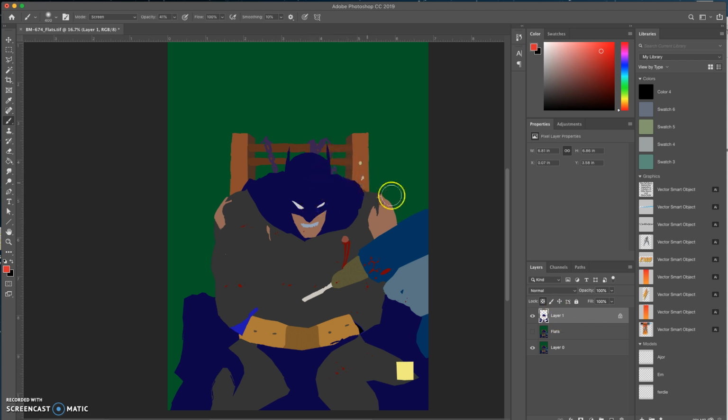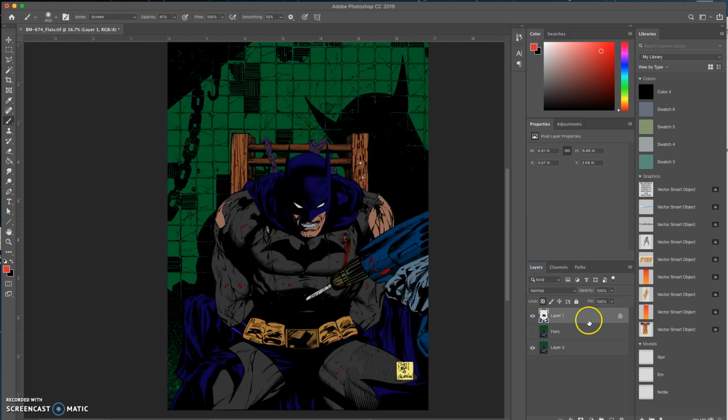Okay, so I'm going to use this layer to put highlights on. I think I'll just go ahead and put the black channel on there because it's really cool to watch it. And the color I'm going to use, let me use a lighter version of the cape color. So I've got the eyedropper to click on the cape color, and so now that's my foreground color. And if I go to colors, I can get a lighter version like that. There we go. And then I can get the paintbrush, and I could just paint with it normal, but there